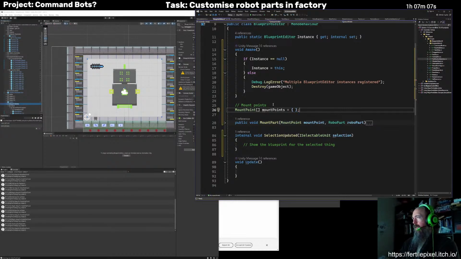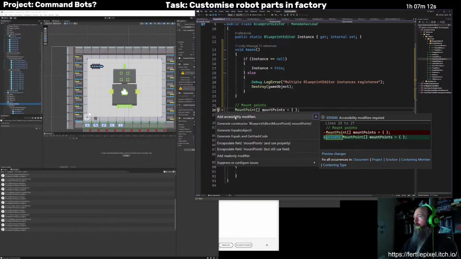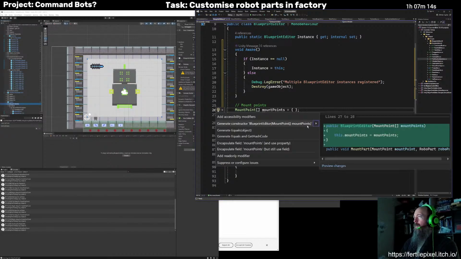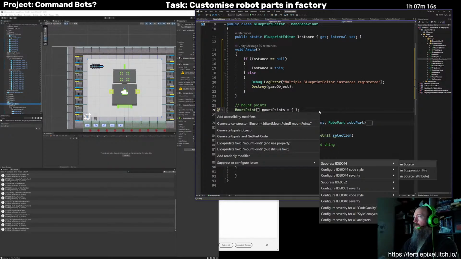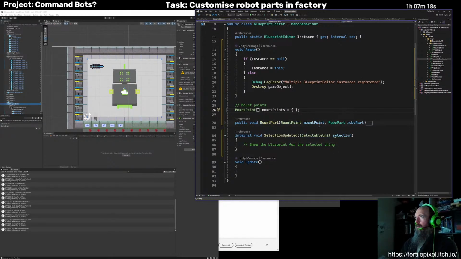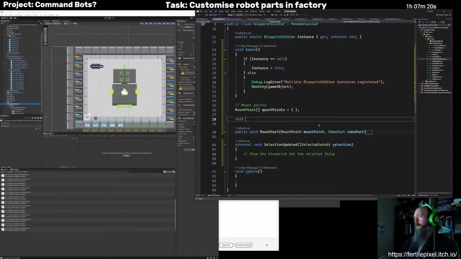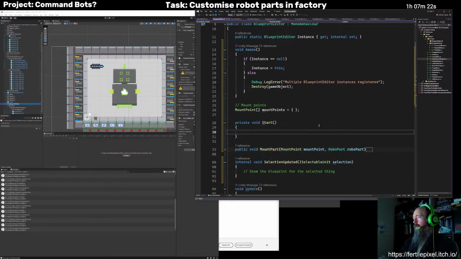We'll just start with an empty array here. On start, we'll just go find all of those.